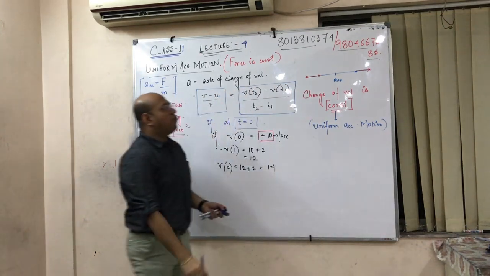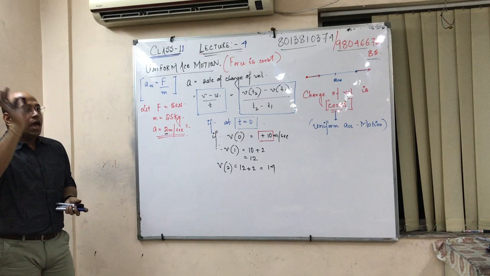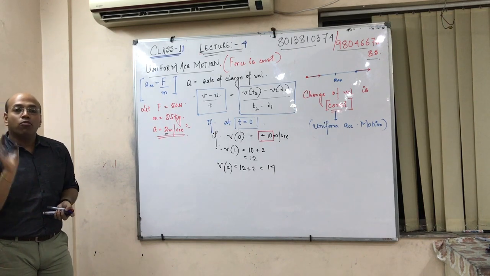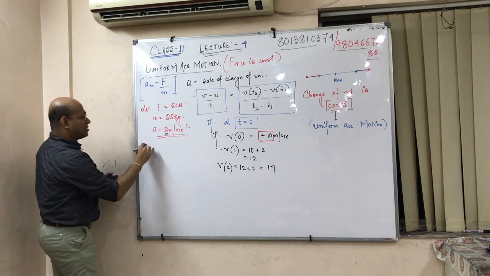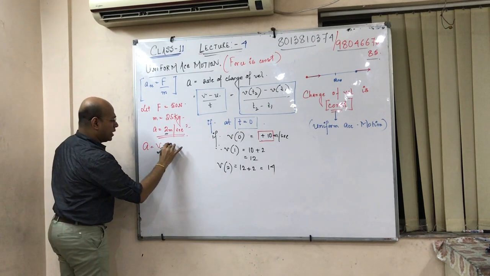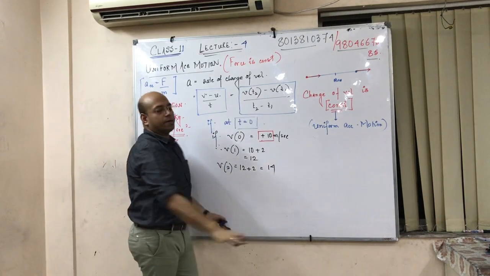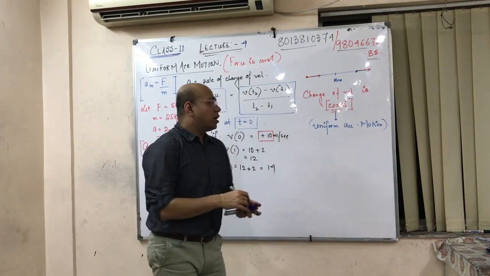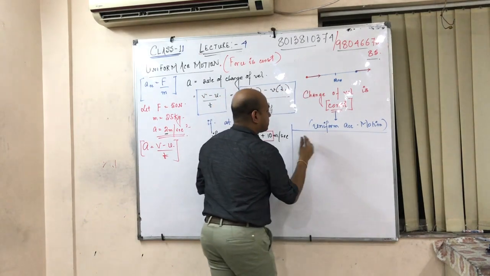When the change of velocity is constant, what will we call that motion? Uniform accelerated motion. Okay, so this is the first concept that acceleration is v minus u by t. You write it in this format, I write it in this format. Done. Next we come up with another term which is termed as